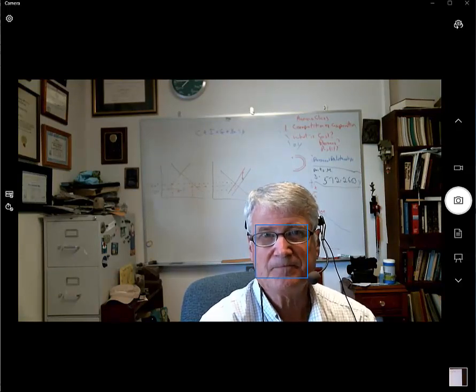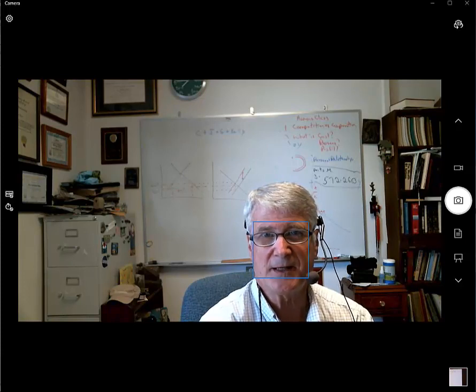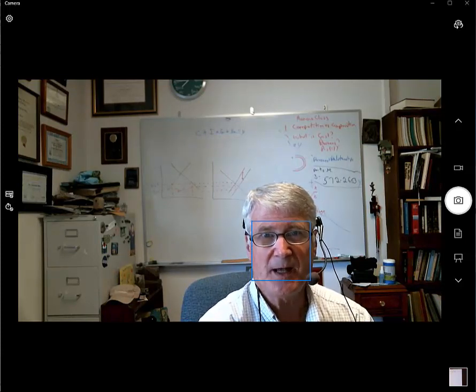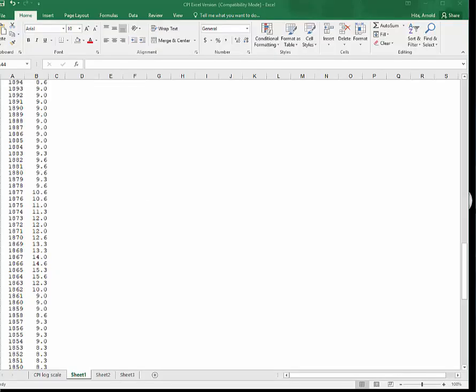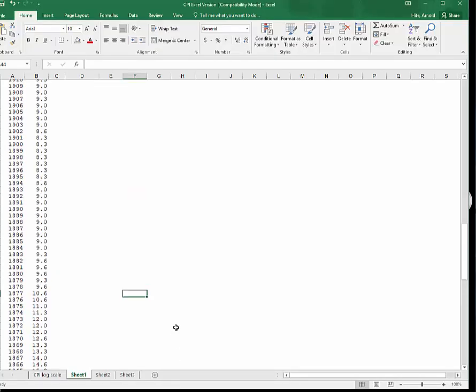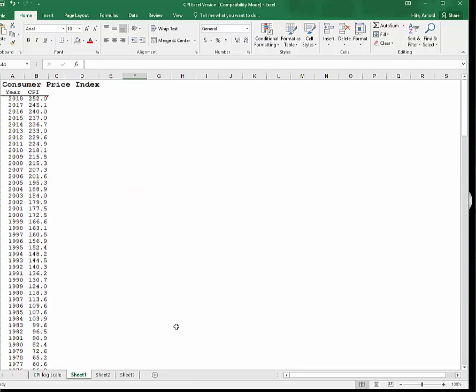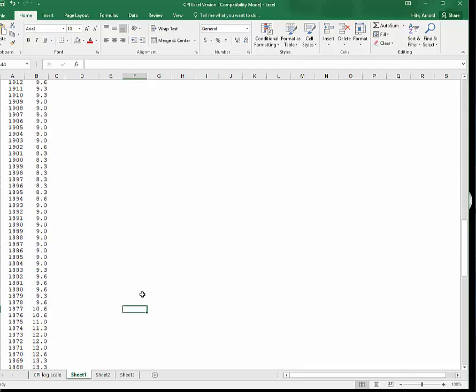So it occurred to me that we could actually solve this based on the standard the United States used to discontinue the halfpenny. We discontinued the halfpenny in 1857, and we have the CPI going back all those years. So let me see if I can get that up here. Here's the CPI that I just pulled off of the file that you have in Blackboard. And now what we want to do is get down here to 1857,